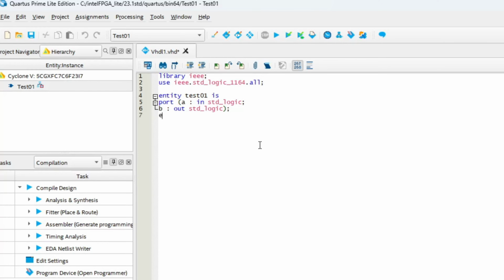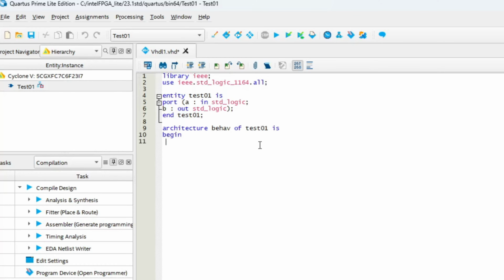Bracket close, semicolon, and end entity test01. Now architecture behave of test01 is begin. Let's say B gets the value of A, that's it, and end behave.